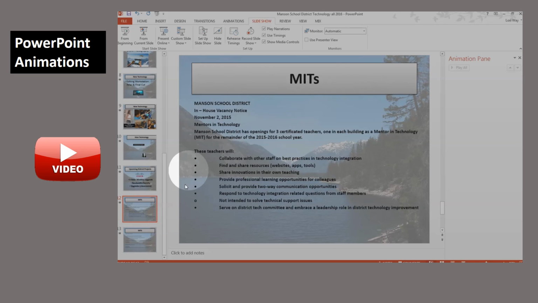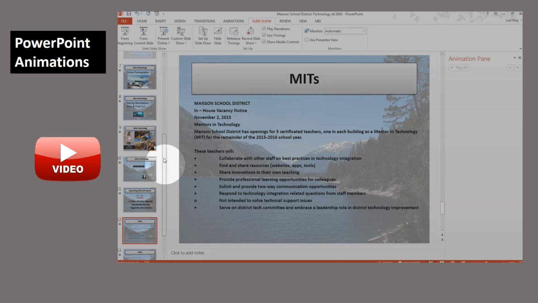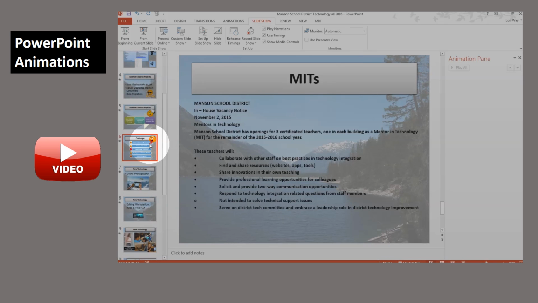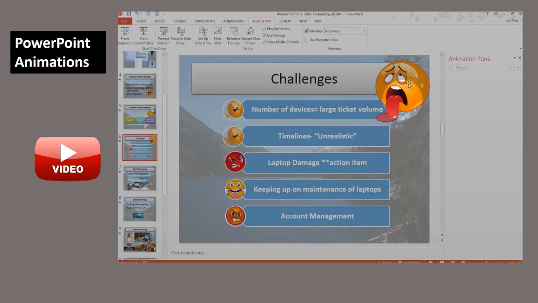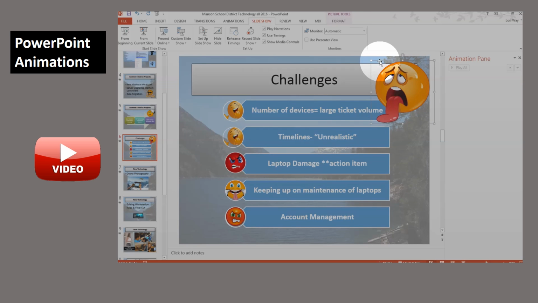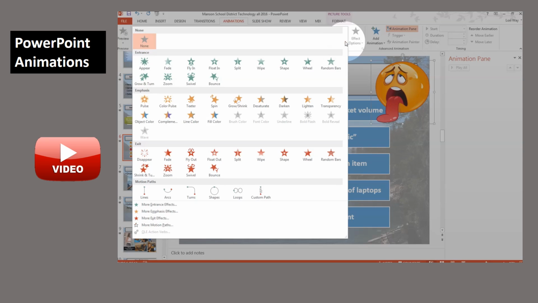Okay, then the other thing you could do is animate graphics. So here's something just to play around with. This picture here, we can animate that. To animate just a part of the slide, you would select it. And you know it's selected when you see the crosshair on your mouse. And then you go over to Animations. Some good ones to use for a graphic might be emphasis. So you could